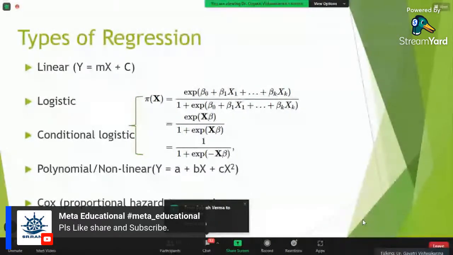Exactly. Yogesh is saying dependent variable. Exactly. Okay. So the type of dependent variable you are having determines what type of regression you have to apply.